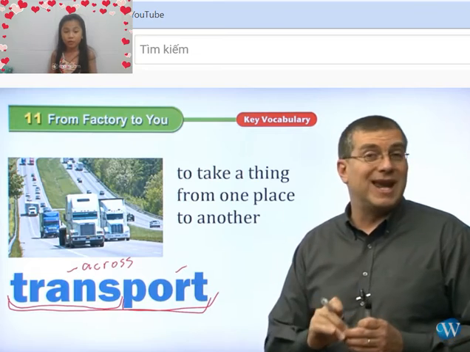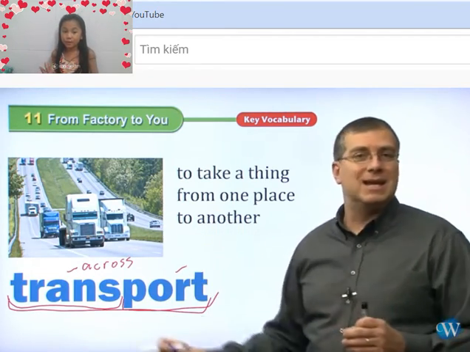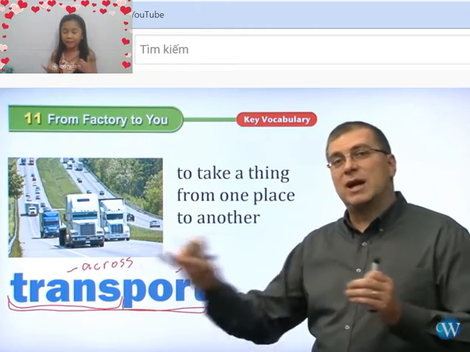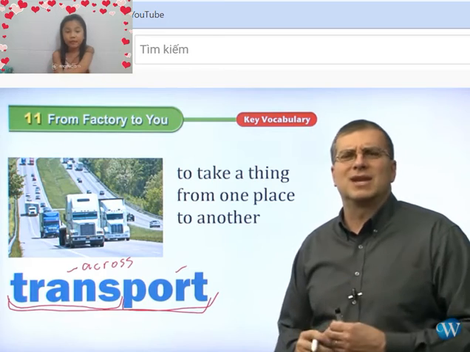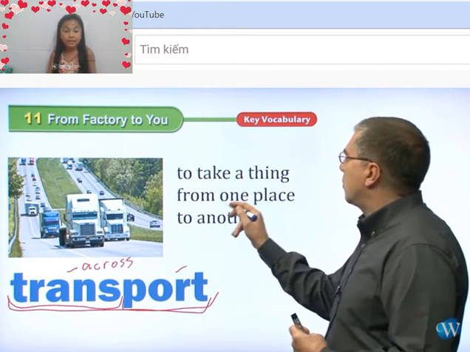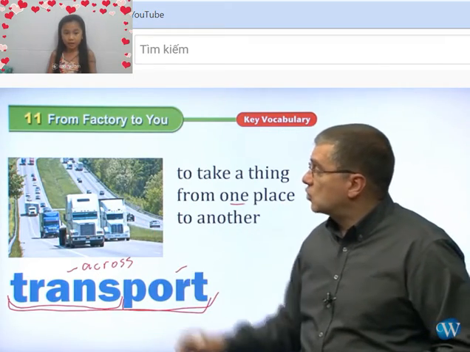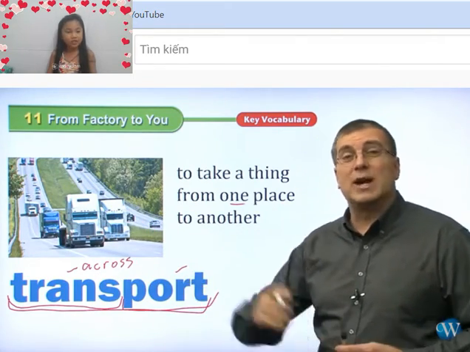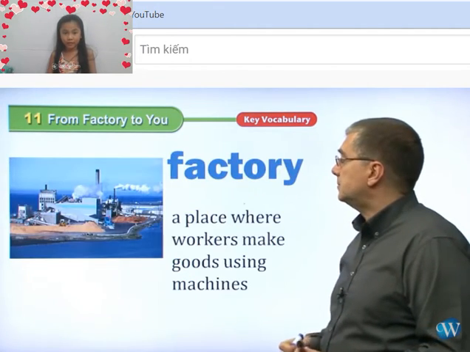You transport using vehicles, or planes, or boats, or trains, or trucks. You move goods from this place to that place. It's like a truck that is carrying many things to transport.